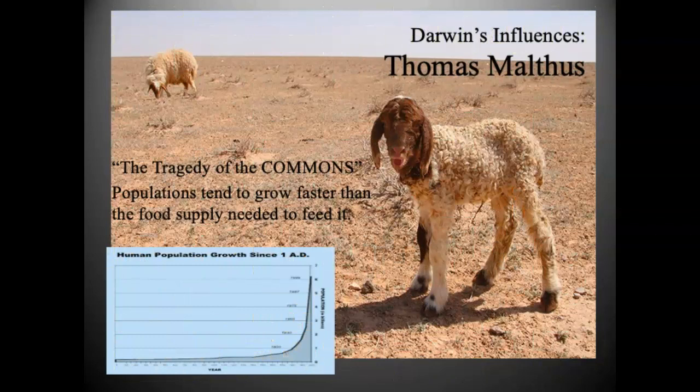Thomas Malthus, if you look at that graph there in the bottom left-hand corner, no, it is not a coronavirus graph. It is essentially a graph of human population, and all Malthus said is that when we look at all populations here on Earth, populations will continue to grow until they run out of either food or shelter. And so you can see the human population right now, it's going up. If you remember from last year, you may have talked about carrying capacity. The carrying capacity of our planet right now, many scientists think is somewhere between 13 and 14 billion people. We're at about 8 billion people right now.